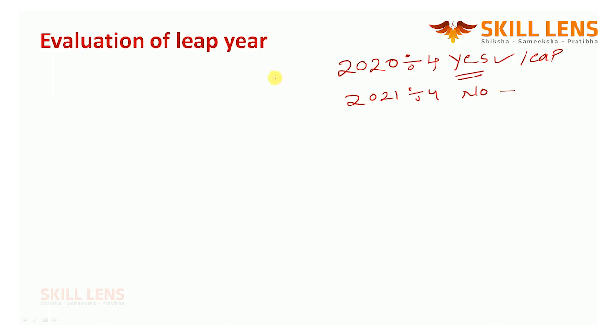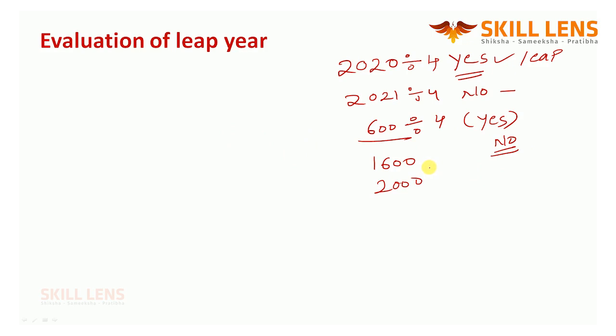Okay, but the point here is this. Is 600 a leap year? Yeah, it is definitely divisible by 4. A lot of people will say yes, but what is the answer here? No. The 600th year is not a leap year. Okay, why is this not a leap year? 600, 1600, 2000 are all what? Century years. After every 100 years, a century year comes.